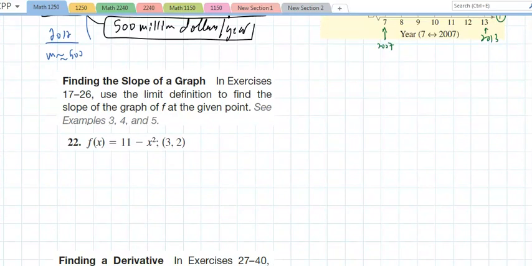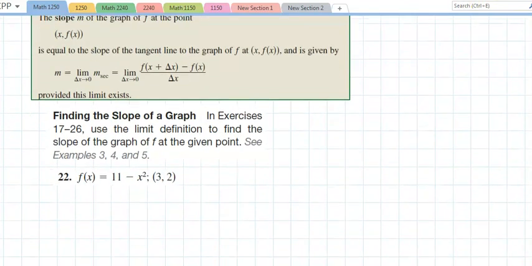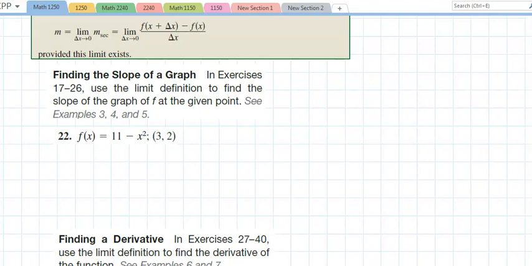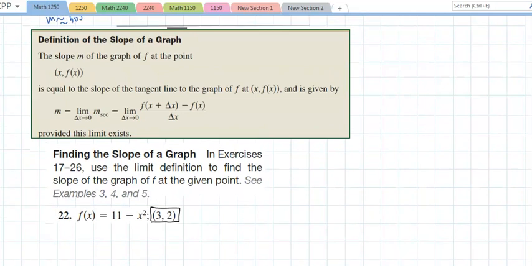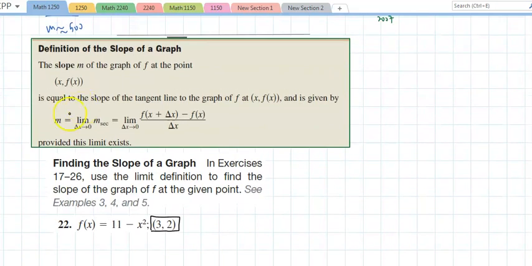Here's another problem. Now we do have a definition to go by. So we look at a problem and it says find the slope of a graph. It says use the limit definition to find the slope of the graph at the given point. Well, okay, let's ignore that point. Graphing this, sketching a graph and trying to pick that off of the graph is something that we did, but we have a definition. If you want to find the slope of the tangent, this is the slope of the tangent. That is the limit as this delta x approaches 0